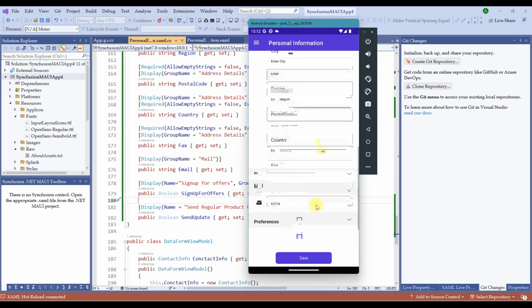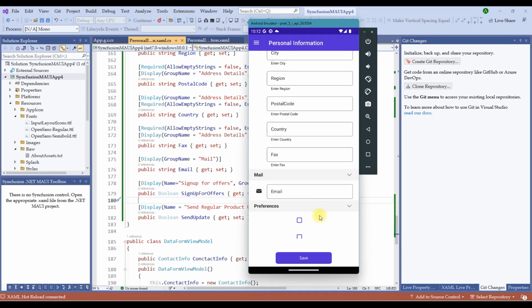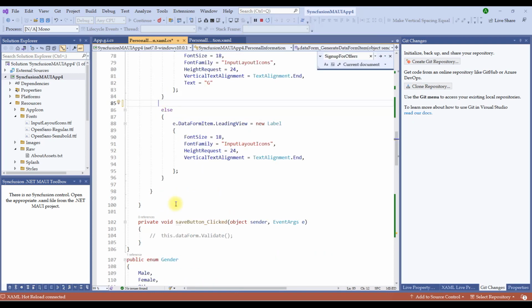Look at the two checkboxes that lack a leading label. This is because the DataForm's text input property is enabled. Let's add a label to the code explicitly now. Let's add an else statement here. Else if